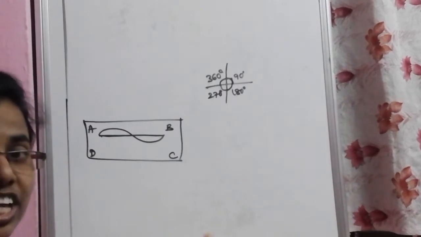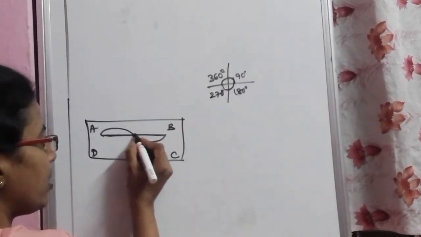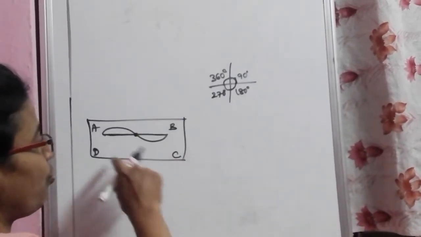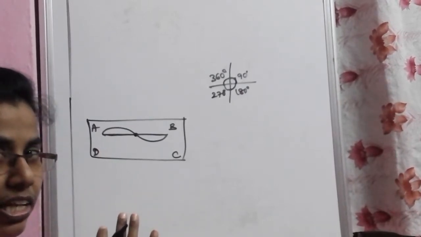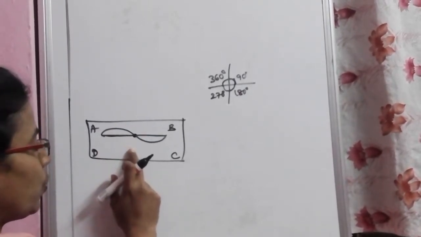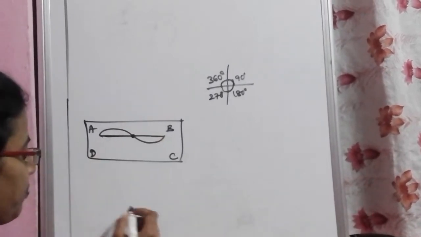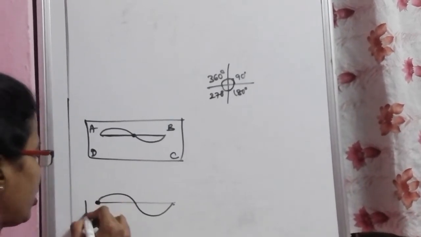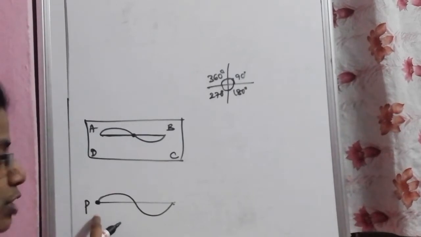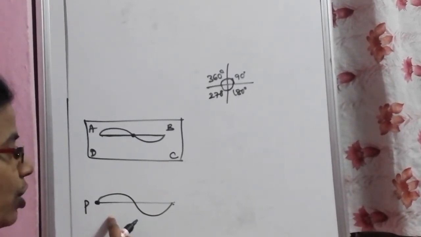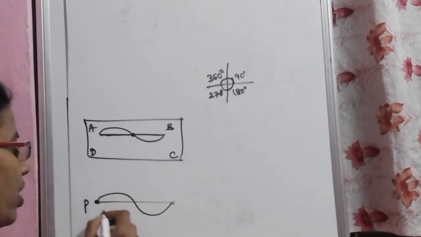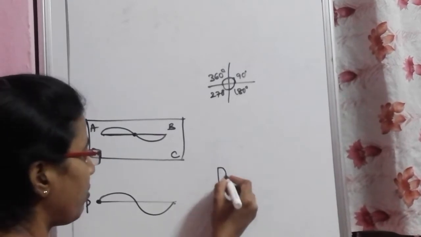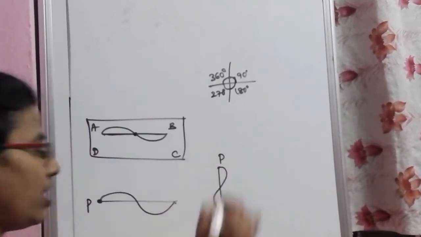Whenever we speak about rotation, you know that there is a center for it, and from the center we are just going to rotate the shape. Understood till here? So now what we are going to do is this shape. This is the given shape. I am taking this as point P. Now 90 degrees I am going to rotate. This is 0 degrees, the shape is like this. If I rotate this, it is going to become like this and P is going to be here.